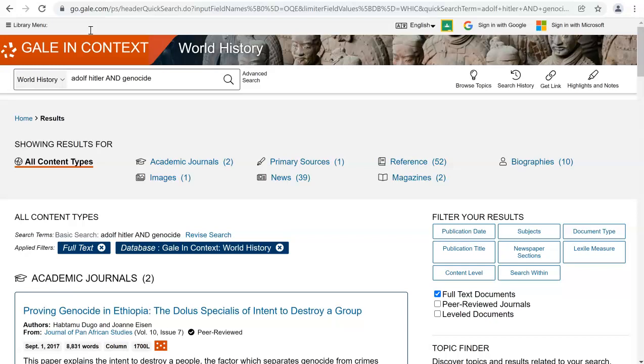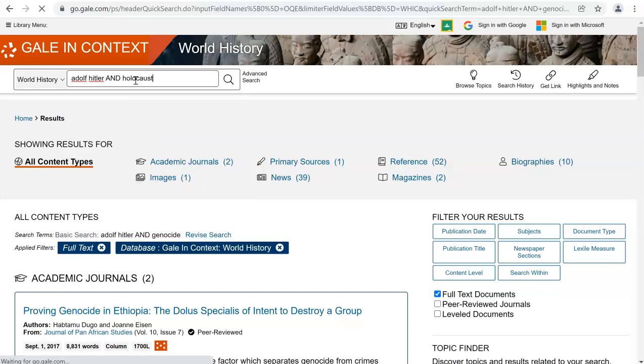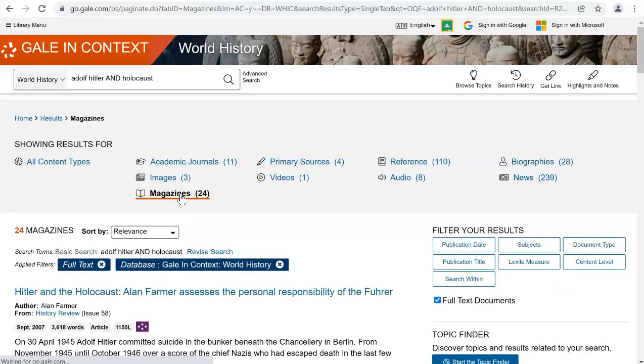If you feel like you found something good on this list, great, take a look. If not, think about another search term that you could enter in the search box. This time I'm going to put in Holocaust. And maybe I like this search results list here. Again, I've got different resource types. Down here in the magazines, here's a good-looking article.